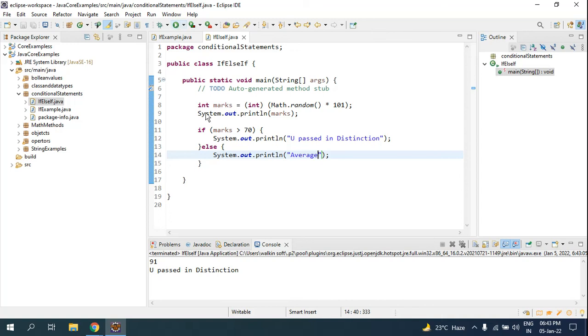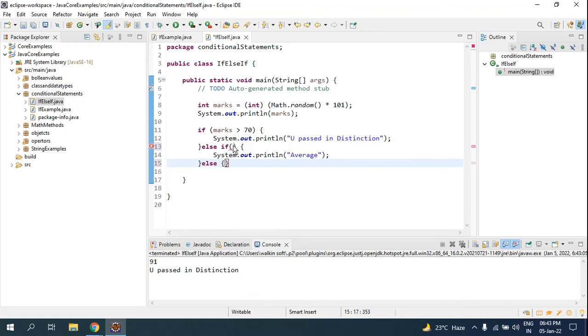So what we will be doing is that here instead of else, you will be using another if. This is else if, and you will be using the condition here. This is how you do it, and once you do it, you have to end it with the else. So down below I'll be using another else.